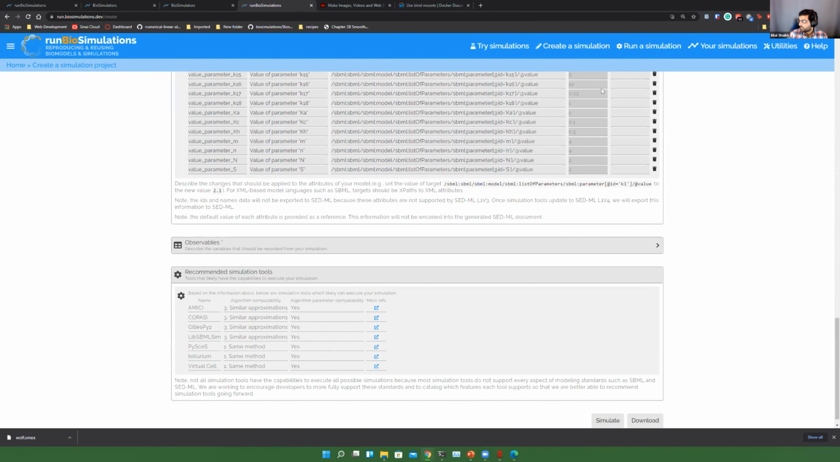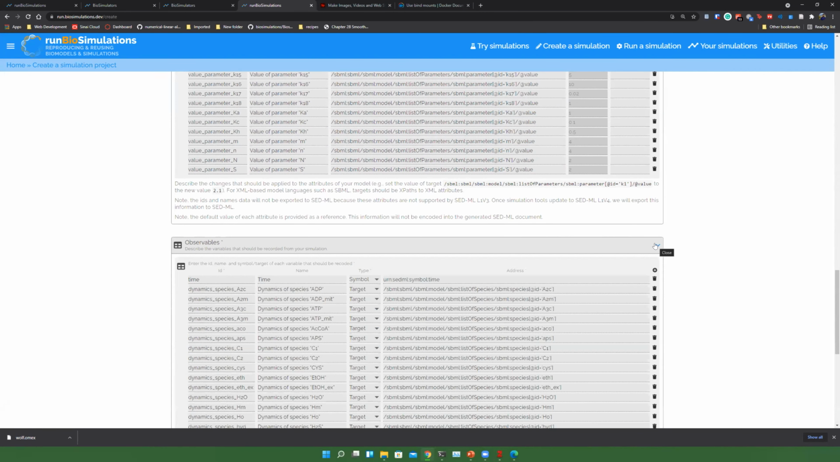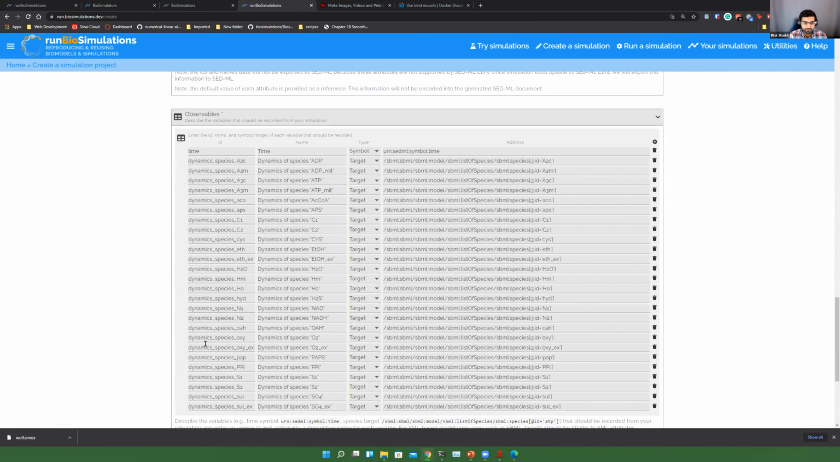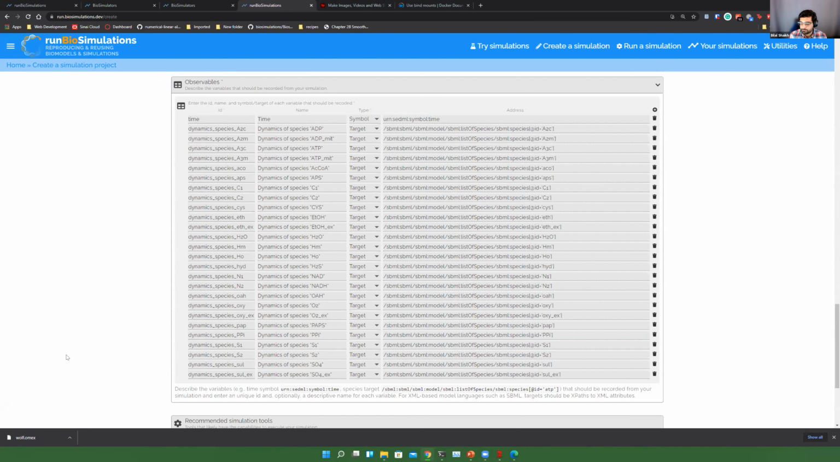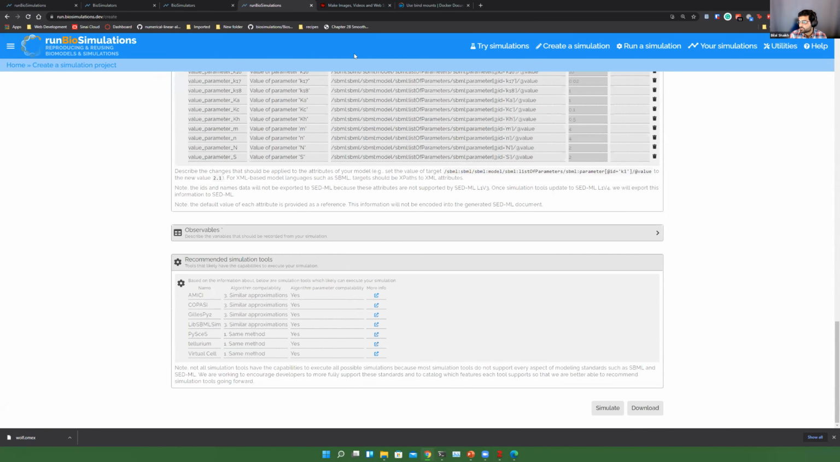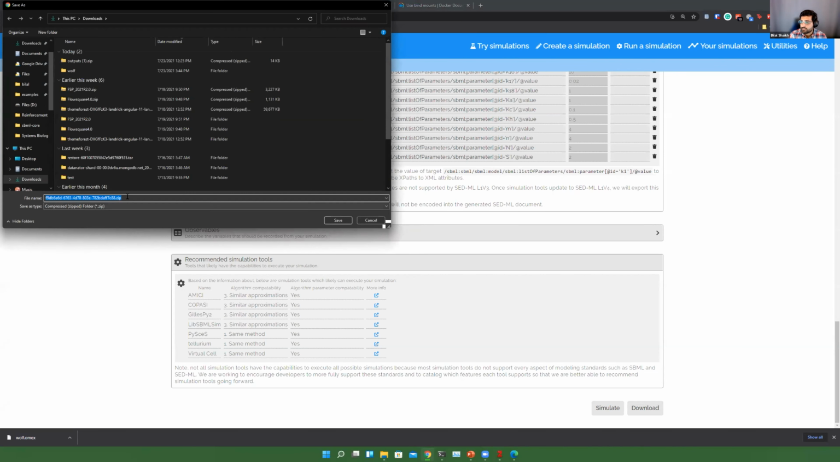Thanks. And then from here, this is essentially just what we want to output. So if you remember from plotting the simulations on Tellurium yesterday, we can pick the sort of species that we want to display. And then this will give you a little bit of information about which tools you can run this on. And if I just hit download here, you'll see that it's now giving me a zip file,